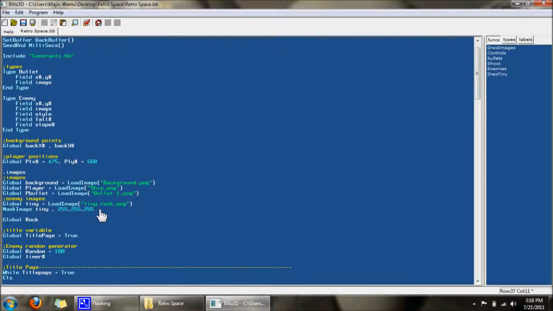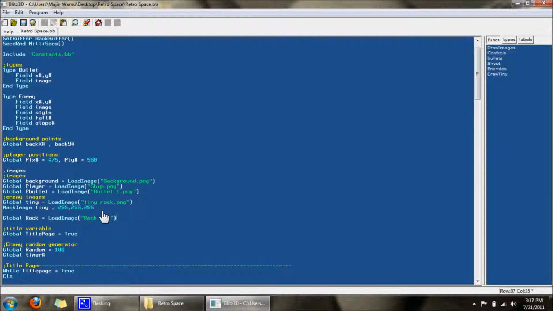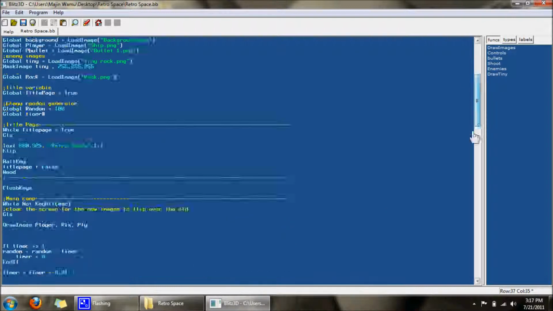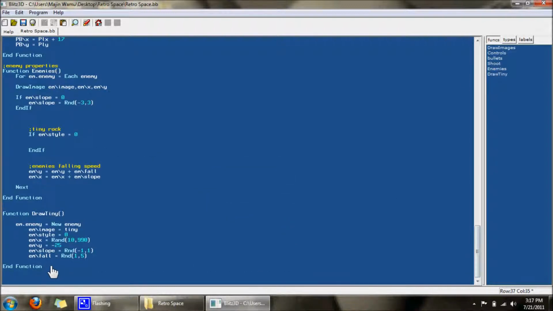Global rock equals loading it. Oh, by the way, I have the mic in the right jack this time. I didn't put in the wrong one. So I'm just gonna call it rock. What the heck? Nice and easy name. Easy to remember. Alright, so let's upload this